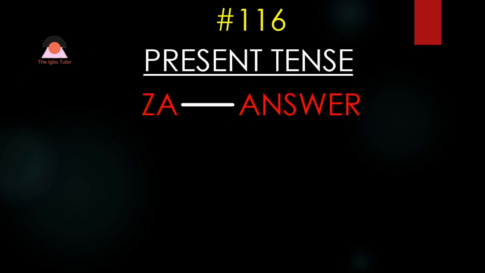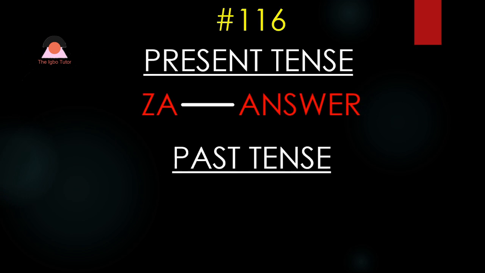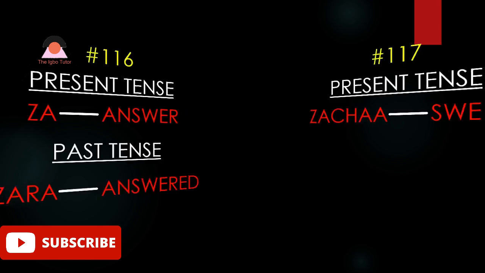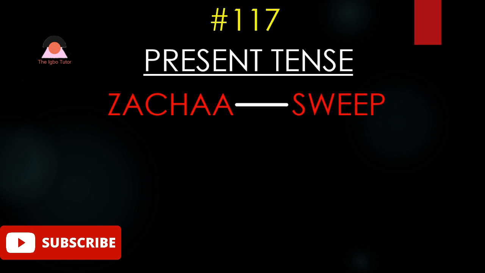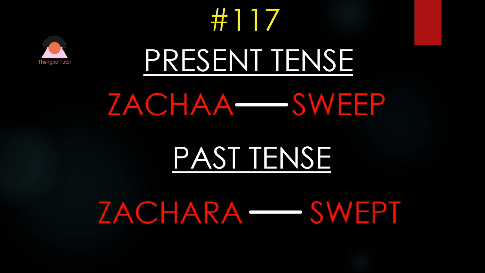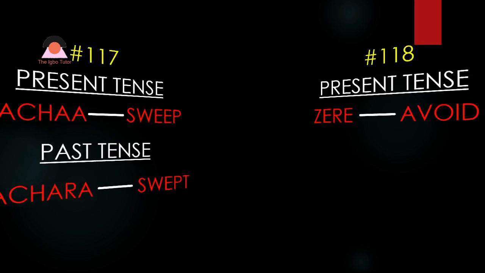The word is za, which means answer. Za, answer. What is the past tense of za? It is zara. Zara, answered. We are going to 117. The word is zacha, which means sweep. Zacha, sweep. What is the past tense of zacha? It is zachara, swept. Zachara, swept. We go to